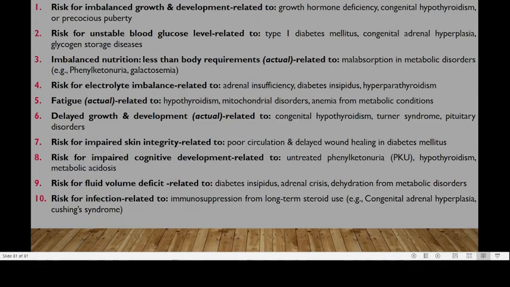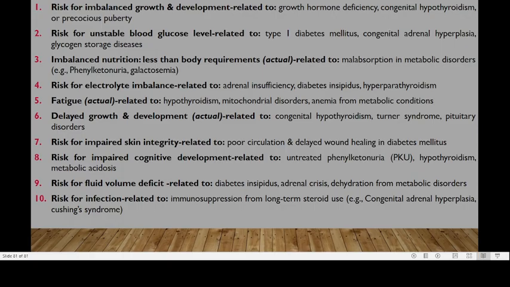Imbalanced nutrition less than body requirement, and actually this one is an actual one, related to malabsorption in metabolic disorders, e.g. when you're talking of phenylketonuria or galactosemia. Risk for electrolyte imbalance related to adrenal insufficiency, like for diabetes insipidus and hyperparathyroidism. Fatigue related to hypothyroidism, mitochondrial disorders, anemia from metabolic conditions, delayed growth and development related to congenital hypothyroidism, Turner syndrome,